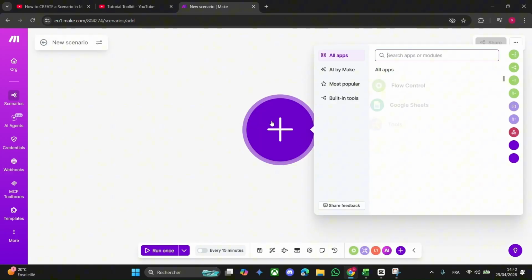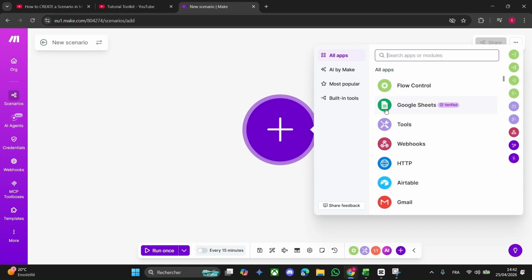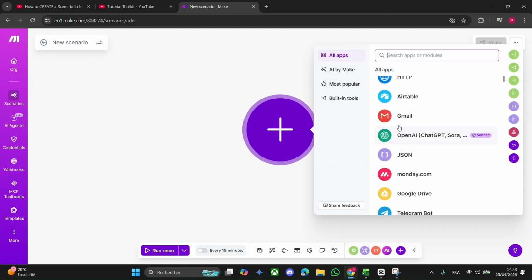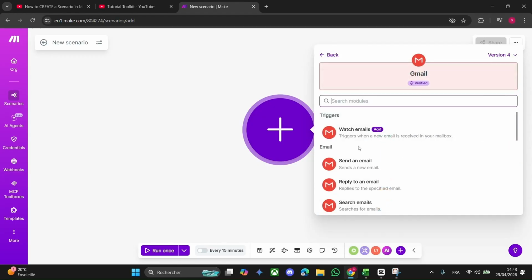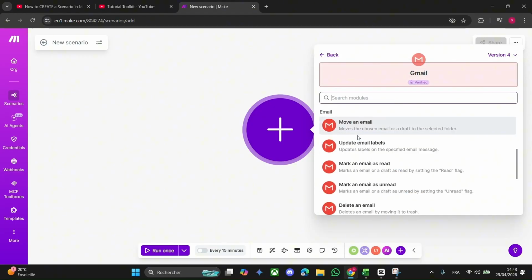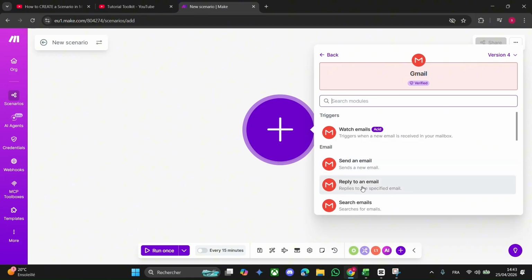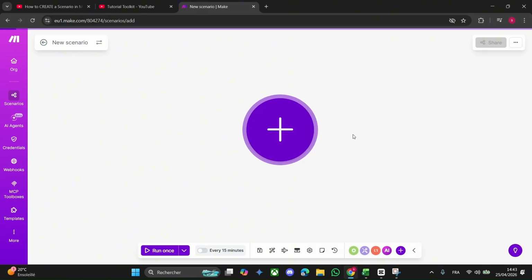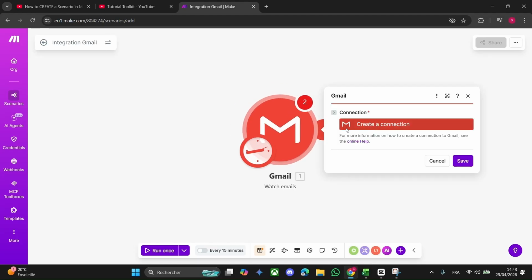Now for the app, click on the plus and choose, for example, you want to create a scenario for Gmail, and choose the event. For example, you want to watch email, send an email, or reply to an email. So I'm going to click watch email. We added our Gmail and watch email